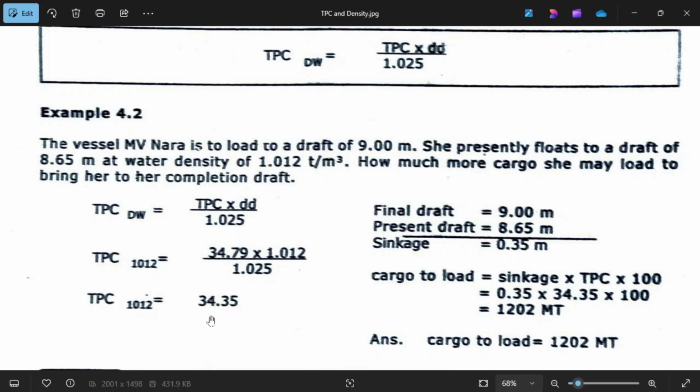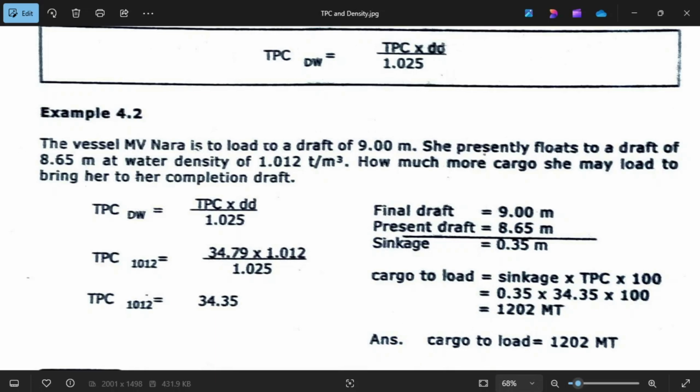Okay. So to get the remaining cargo, it is sinkage, which is 35 centimeters, times TPC, which is 34.35, times 100, then we got a value of 12012. Okay. So this is the remaining cargo to load.